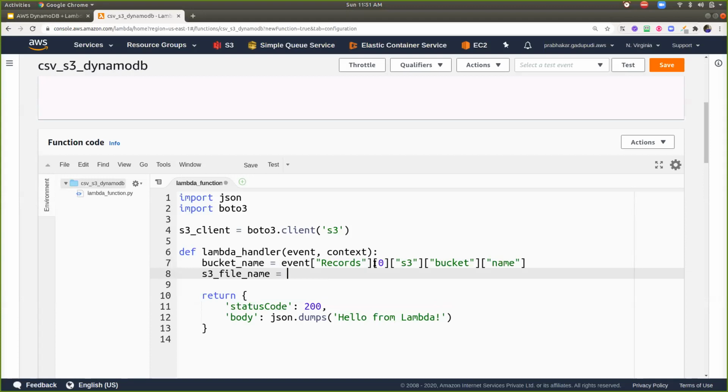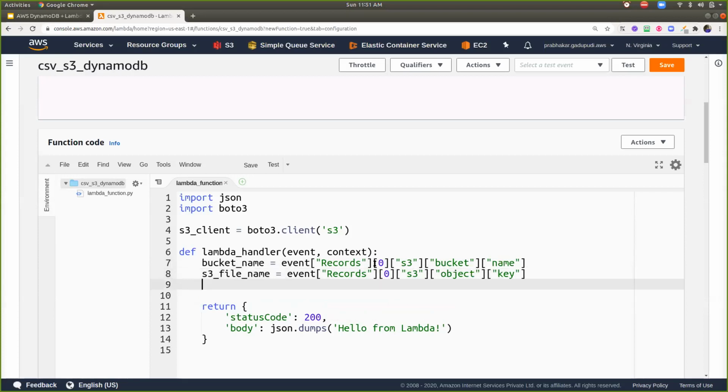That is the way you can find the S3 CSV file name in the events: under Records, under the 0th index, under S3. Here is an object, and inside that object there is a key. Now I got the file name of S3.